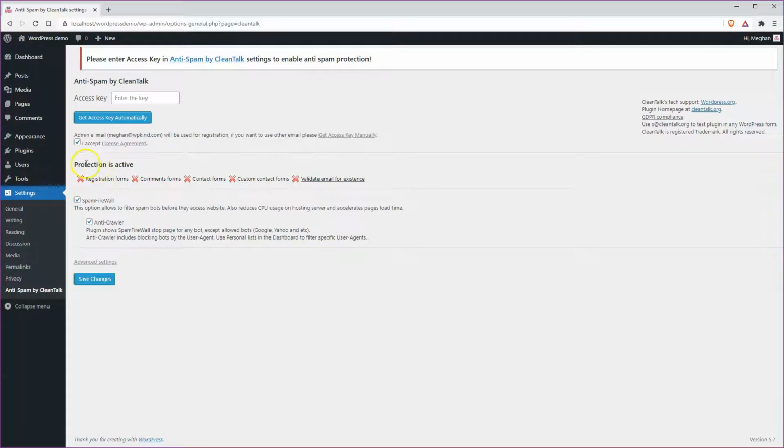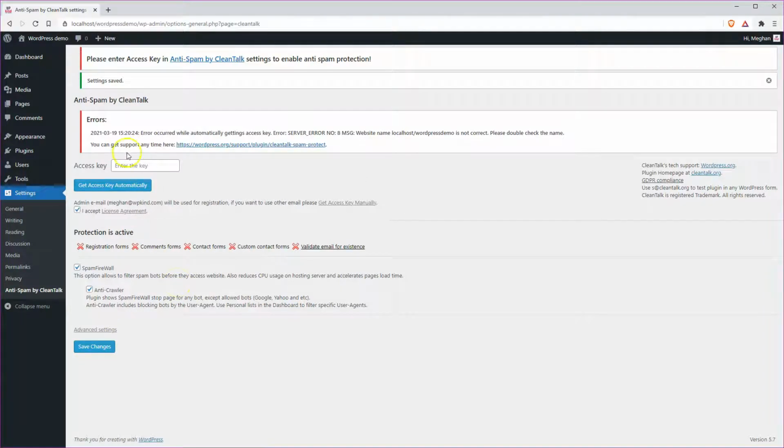Now what I need to do to get protected is to get an access key. So I would click this button here and click on Save Changes. Now it's given me an error here because I don't actually have a domain that sits on the internet. This is a localhost domain, so this actually hasn't worked. But it should be fine for you. You just have to click on Get Access Key automatically, and then it will enter a key for you,